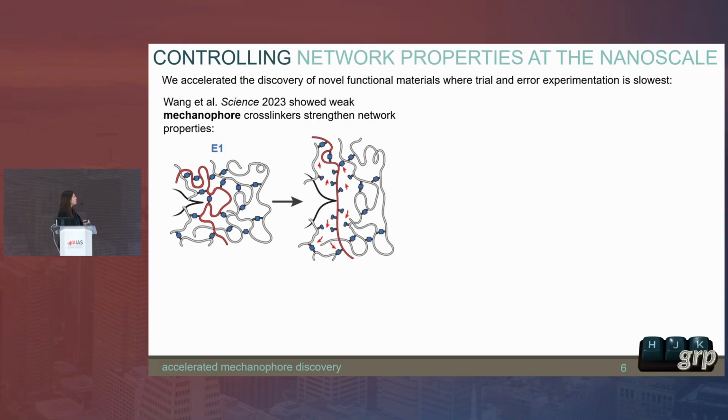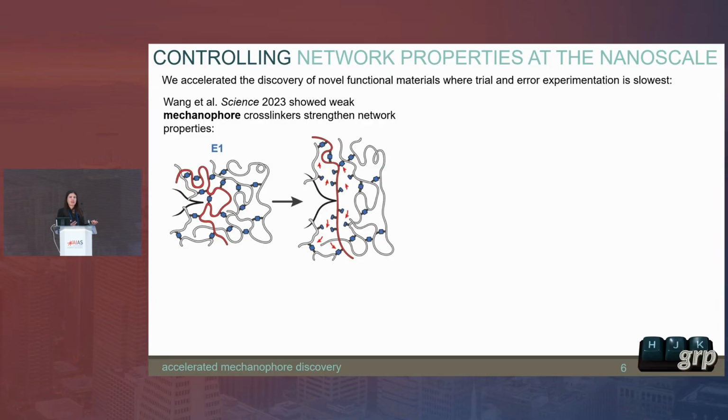So this paper from Science in 2023 showed a kind of intuitive concept, but one that took many years of careful experimentation to prove, which is that when you create a network of polymers and you incorporate what's known as mechanophores, weak units that will break their bonds selectively, you can actually strengthen the overall property of the polymer network. Where this is advantageous is we all know plastics are a considerable problem, both for their degradation and their recyclability, but if we can make stronger polymer networks, that means that each plastic that we introduce into the world can be used more sustainably for longer before it has to be recycled or disposed of.